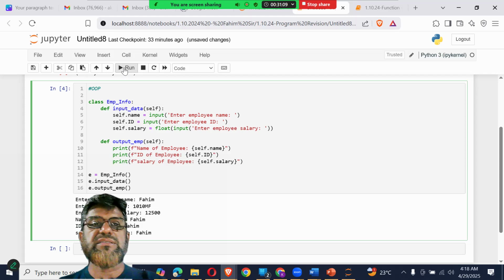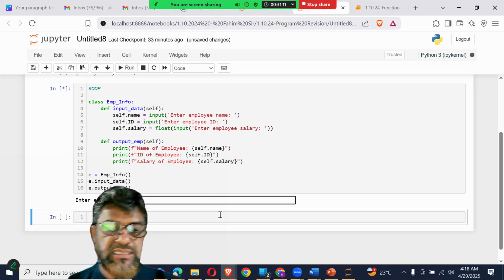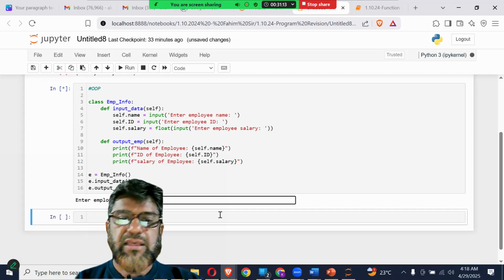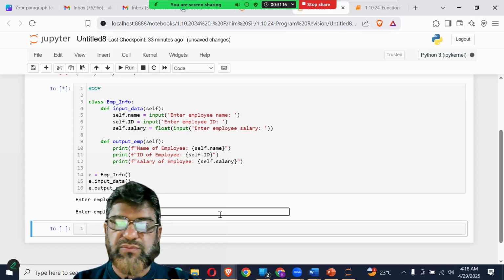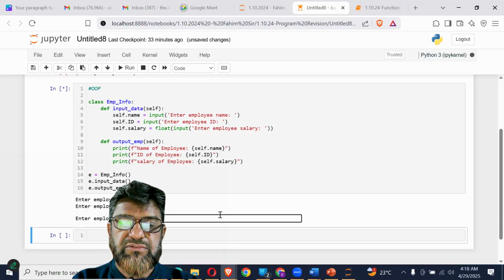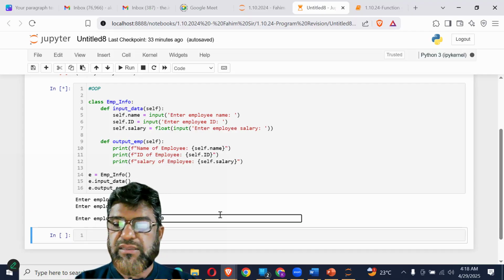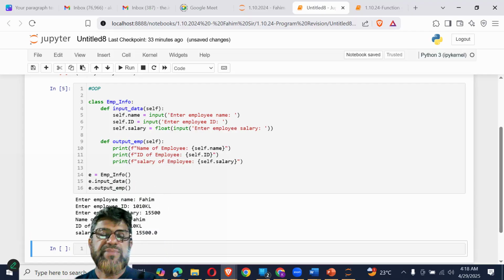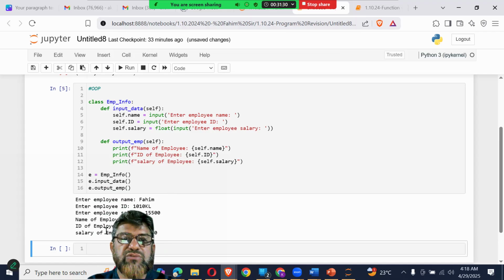Now let's execute this. Once again enter Fahim and ID 1010, anything, KL, and salary 15,500, okay, enter. Now you got name of the employee is Fahim, ID of the employee is 1010 KL, and salary of the employee is